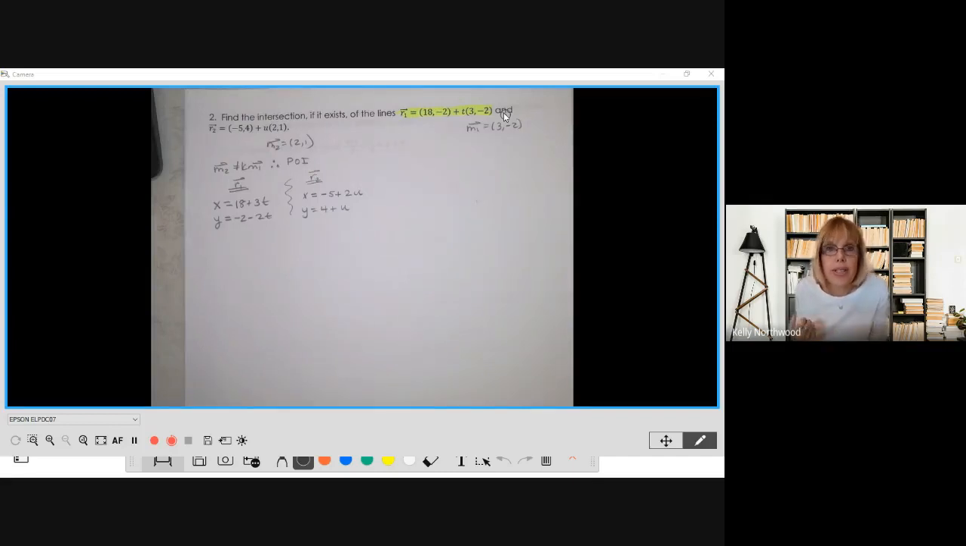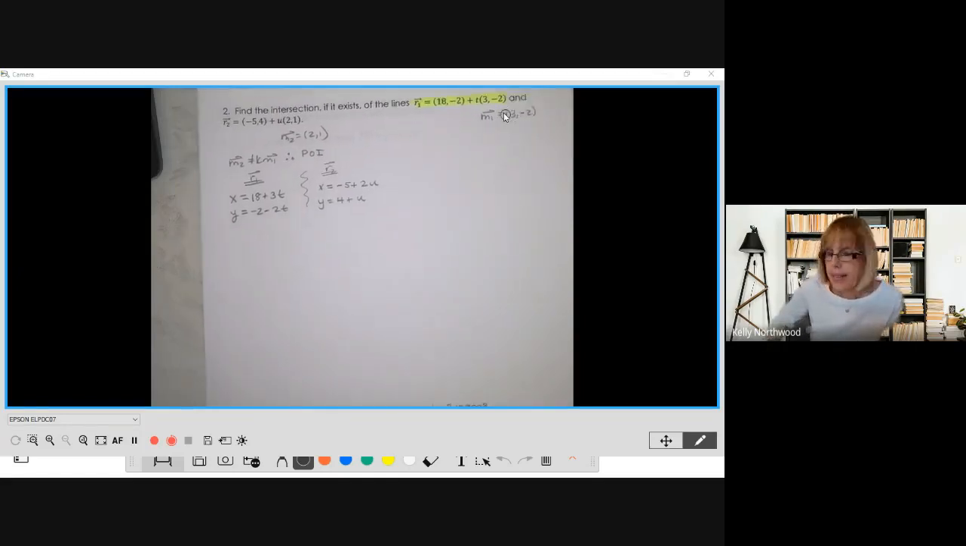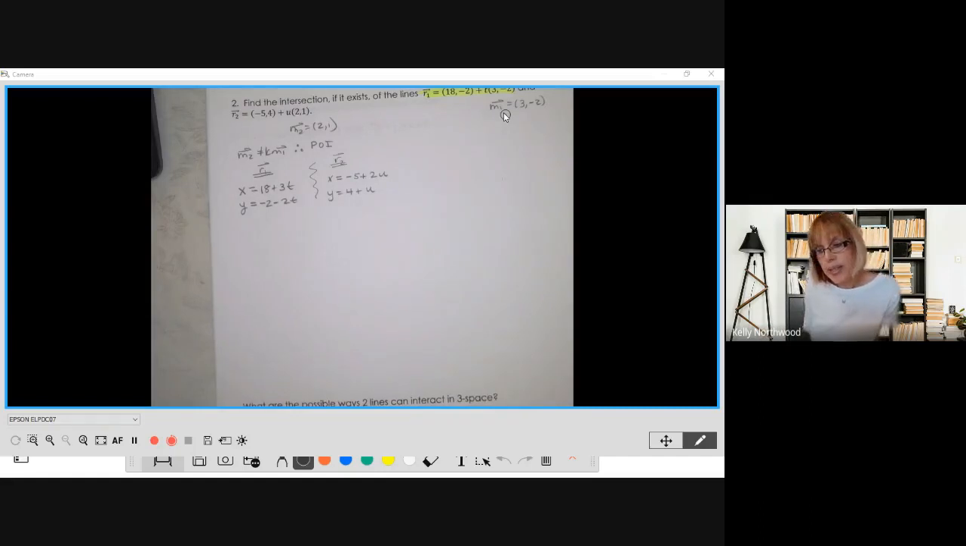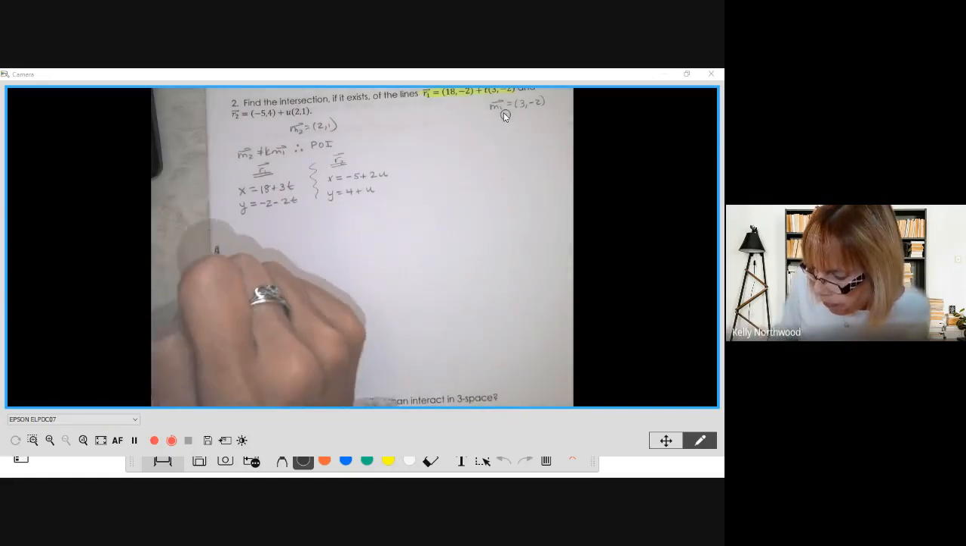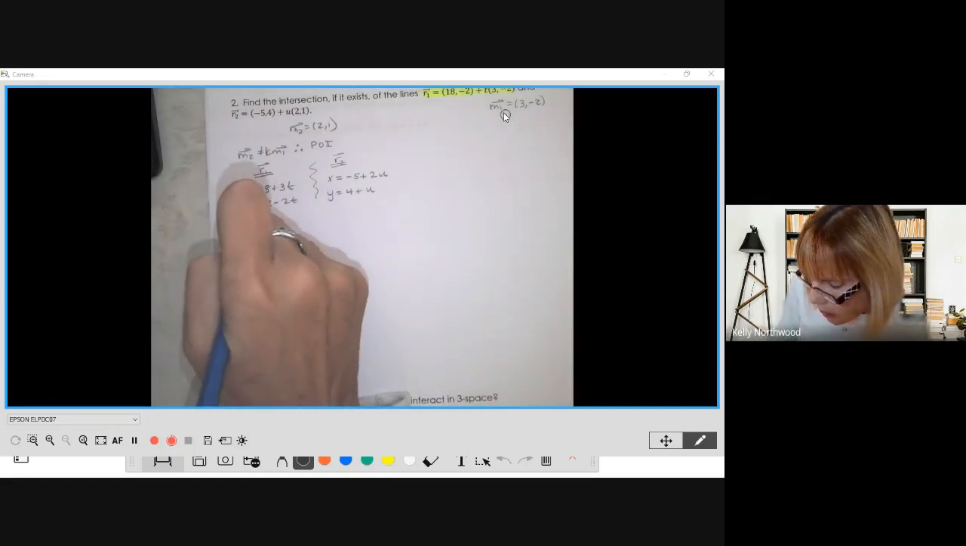The textbook often uses t and s, but s's sometimes look like 5s. So this is how we're going to find the point of intersection doing this way. So at the POI,